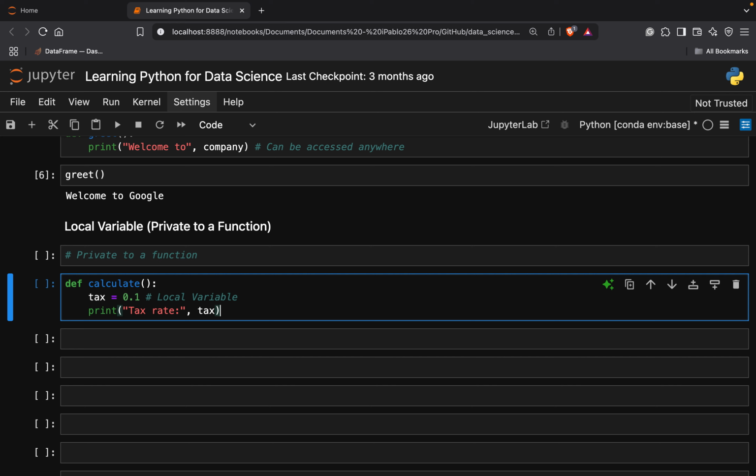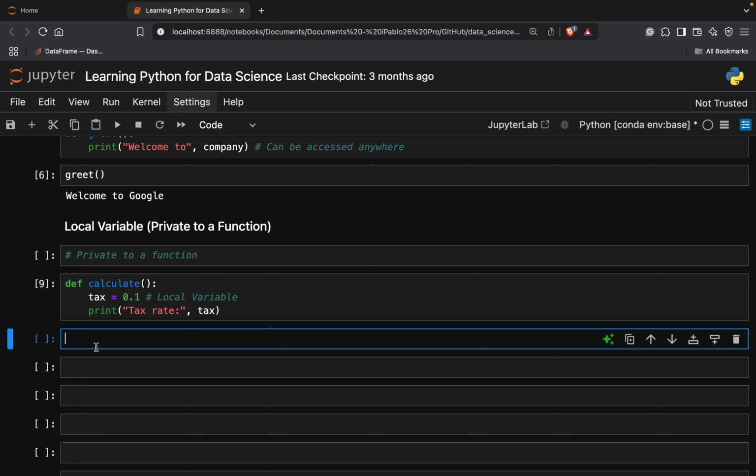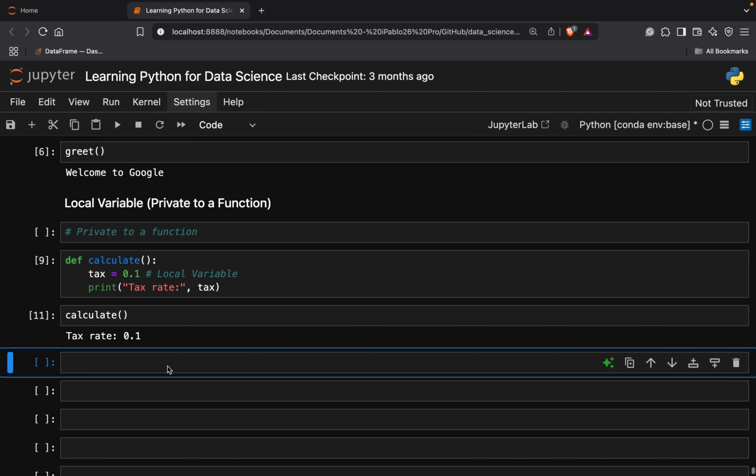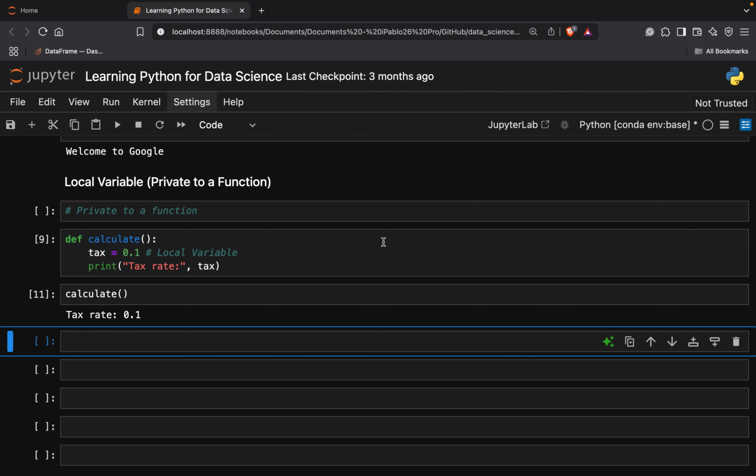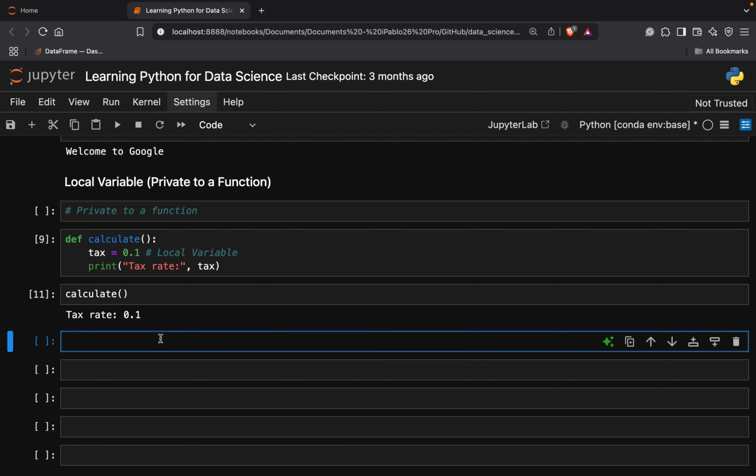Now I'm going to do something really interesting. I am going to run this and then try to do stuff here. First off, when I use calculate, it's going to bring out a tax rate of 0.1, because it references this local variable. However, if I say print tax outside the function,